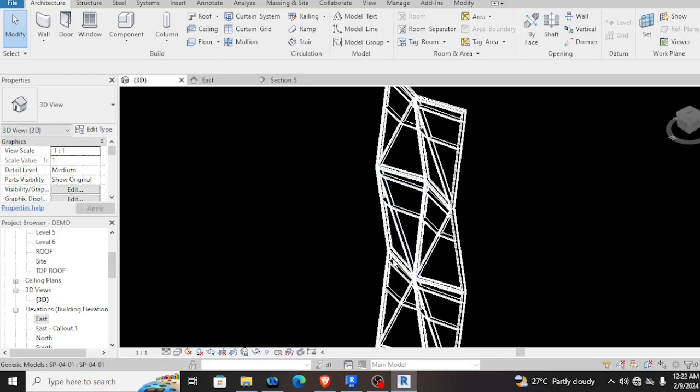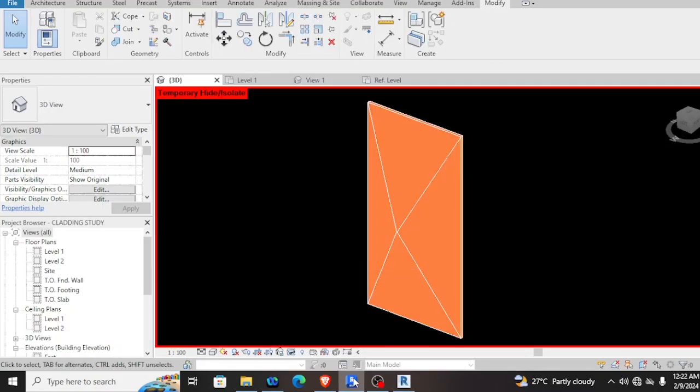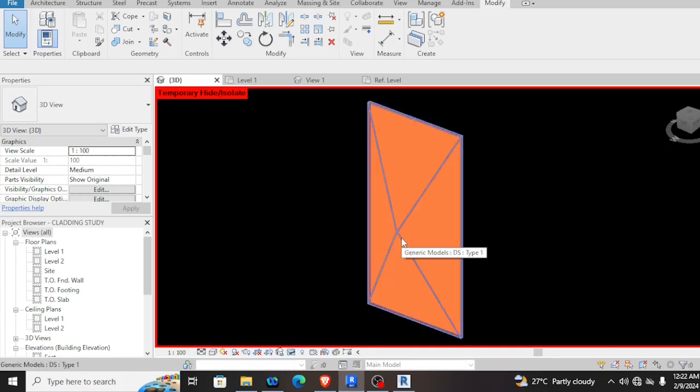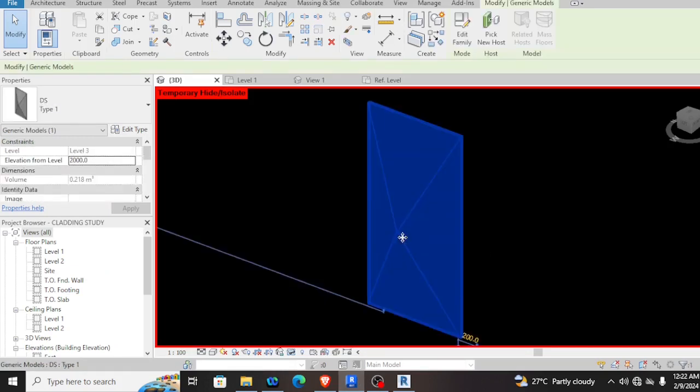Also, what I do is make a new family. As you can see, this is a new family, unique repeat families that I made. It all has a name.